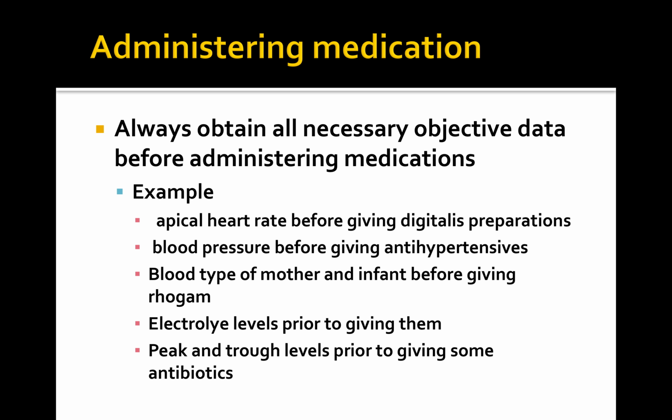Electrolyte levels prior to giving them, such as we always want to check the potassium if we're giving Lasix. Lasix is one of the most powerful diuretics that we give today. Old drug, but very effective. We still give it. Washes out so much urine that it washes out the potassium. And we're going to learn in the next few weeks that potassium can affect the heart rate and the heart muscle drastically. So we don't want to wash that out. So yes, they need the Lasix, but let's just check the potassium before we give it. If we're in a normal range, we're good to go. And peak and trough levels we already talked about, so that we're also in that range. It's not going to hurt the patient